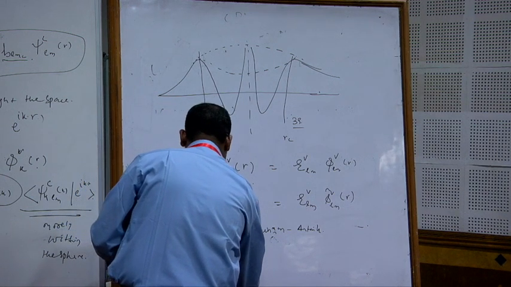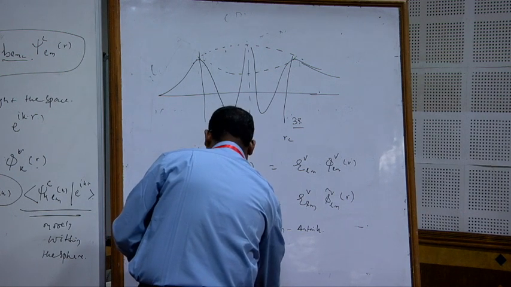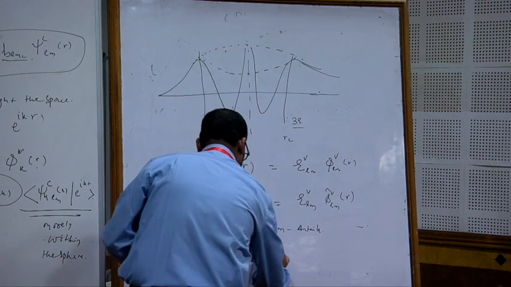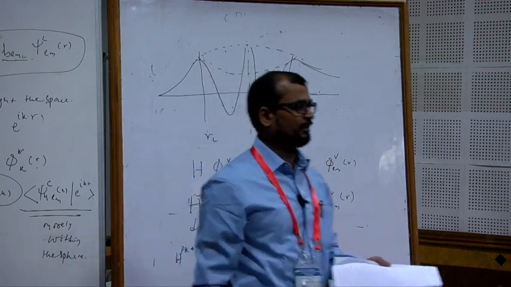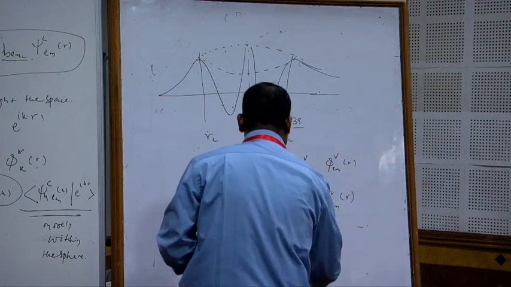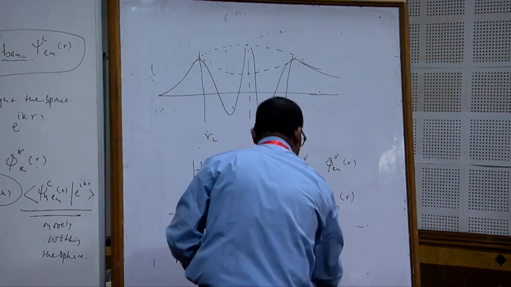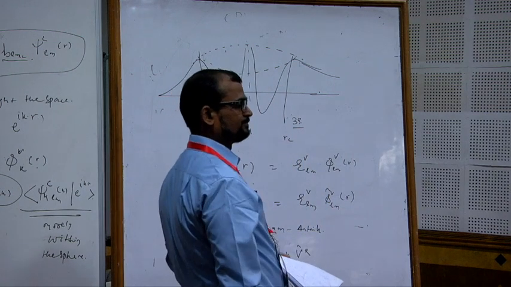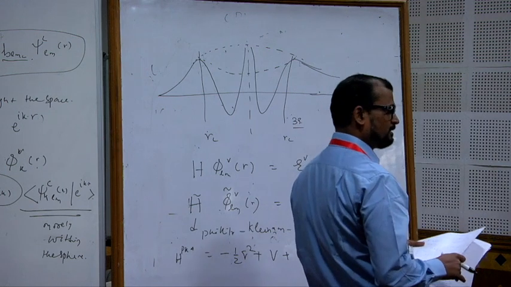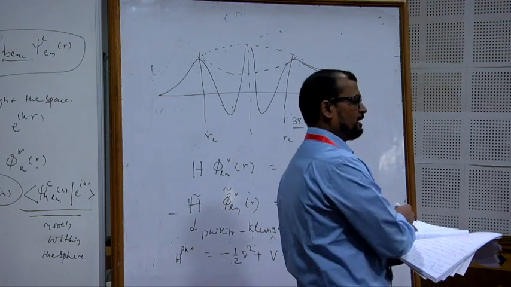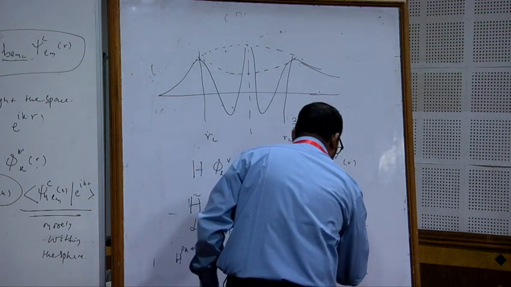So that is nothing but minus half del square plus V, that is a regular effective potential, in addition to a non-local operator. Okay. Now it so happens, if you derive it or go ahead and look at it, you will find that this is a repulsive